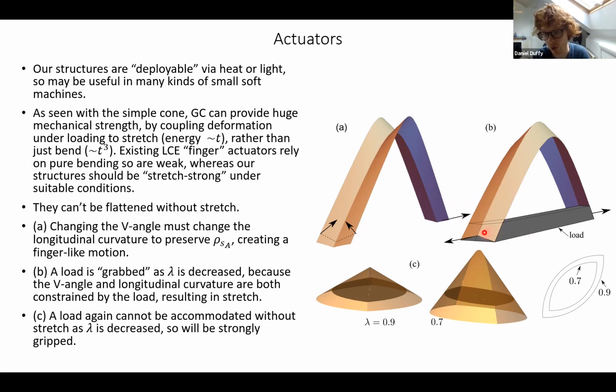In B here, we have a positively curved Gauss curved ridge, one of our cone complement type things. And if you put a load in here that fits snugly and then activate, so you decrease lambda, then both of the principal curvatures of this ridge will try to increase, and it can't increase either of them. Both of those are restricted. The load can't make that V any more extreme because the load is in the way, and it can't make the longitudinal curvature any more extreme because the load is also blocking that. So again, you're blocking it off from its isometries there, and you must get some strong stretch forces gripping the